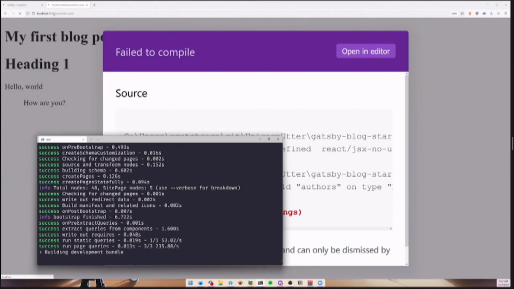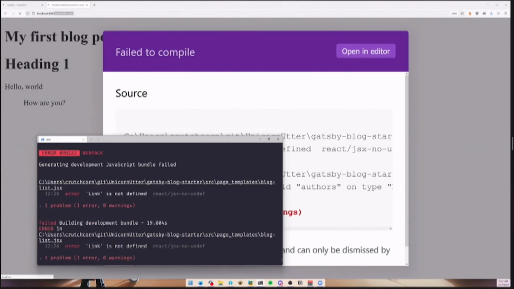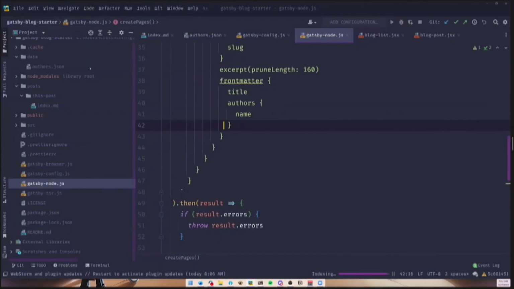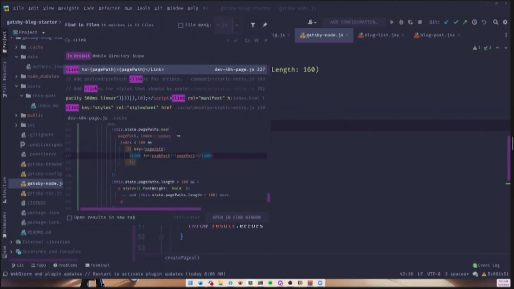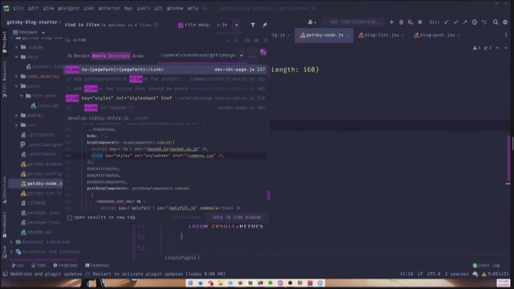Waiting for this to render. Link is not defined. Okay, that's fine. Luckily, that issue isn't very bad, and isn't very hard to solve. We're going to look inside of